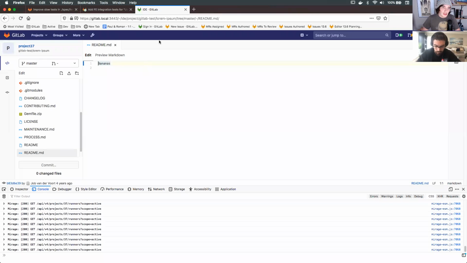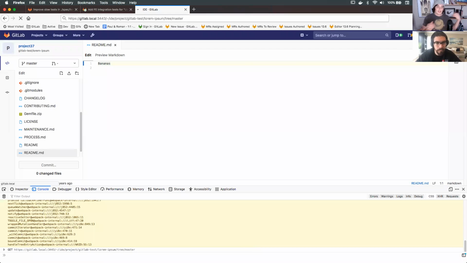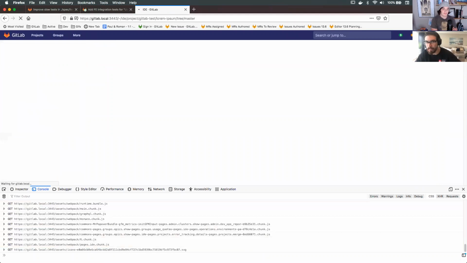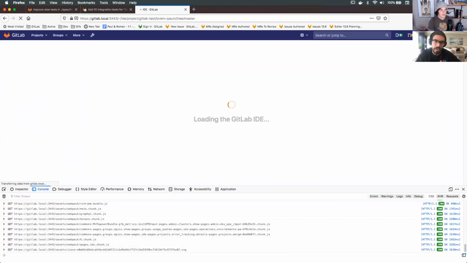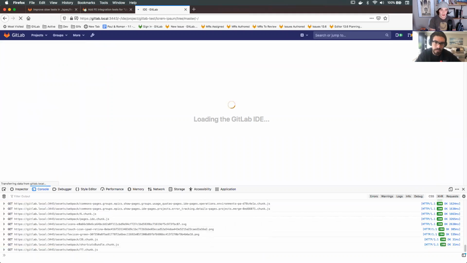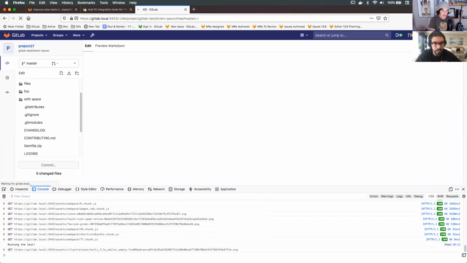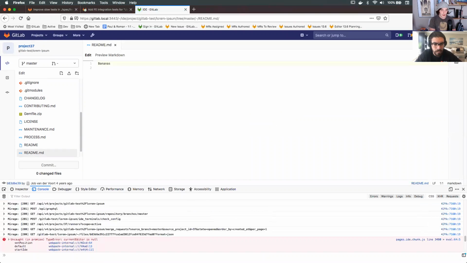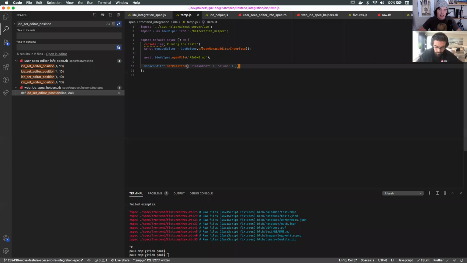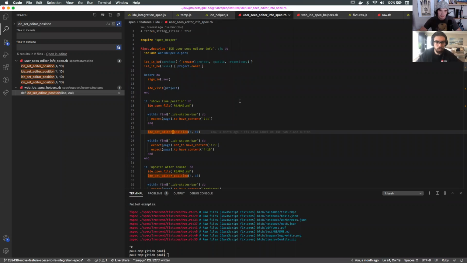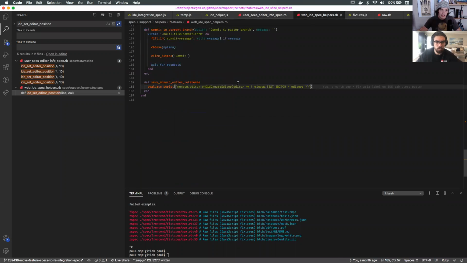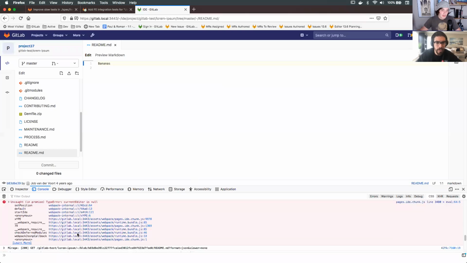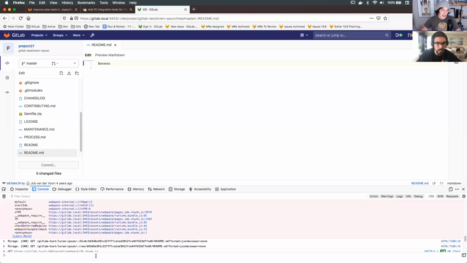So let me refresh this. Let's see if it works. Would you set the line number to 2? I said like column 4. Okay. So I'm going to make my default bananas have more to it. Oh, what's going on, bananas? Oh, current editor is null. I don't think I waited long enough. That's disappointing. Wait. No. It says current editor is null. So let's go back. I'm calling set position. So I never got my